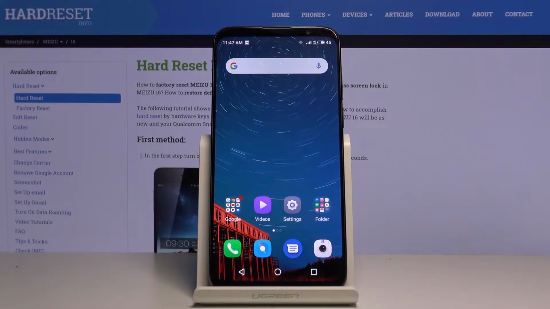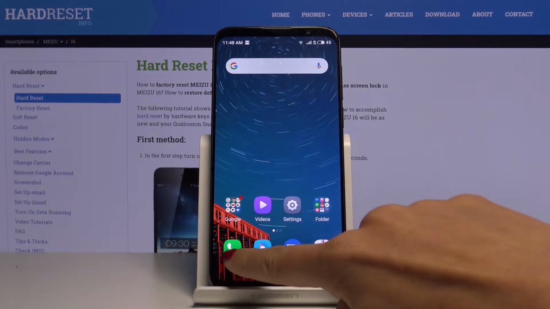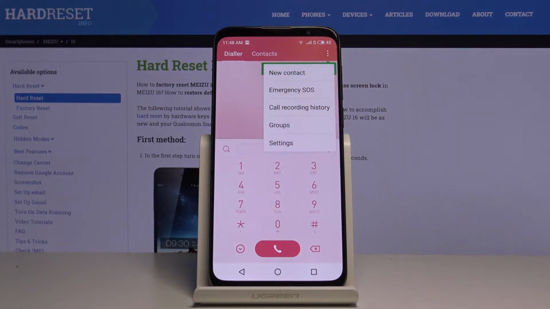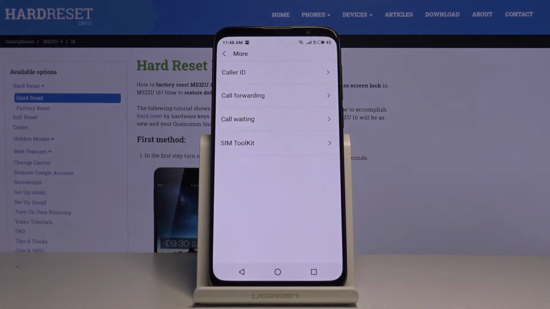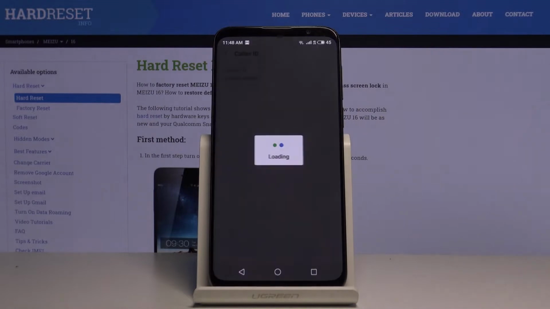Here I've got Meizu 16th, and let me show you how to hide or show caller ID on the following device. So first of all, you have to open your phone dialer, tap on the more icon and click on the settings. Now go to more, and now you will notice caller ID. Just mark it,